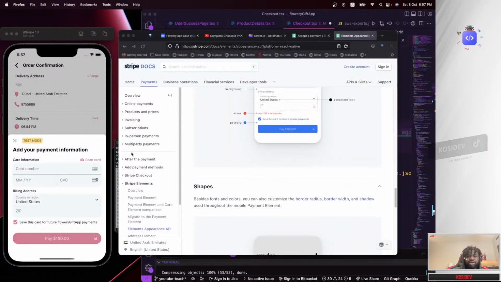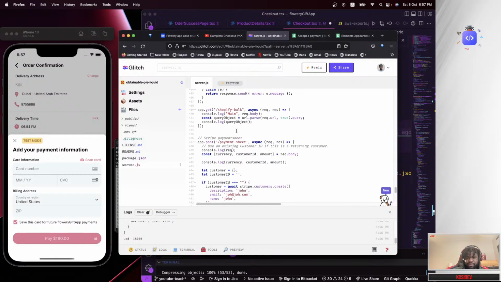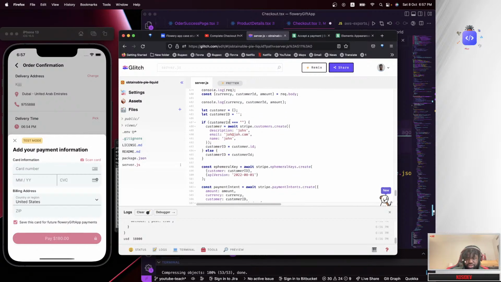But if there's no existing customer ID, our backend will detect that by doing this check over here. You can see this if statement we have here. The if statement is basically checking if we already have a customer ID or not. If there's no customer ID, go ahead and create a new customer with these details showing up here, and you can see we are passing the email and the name of the user.